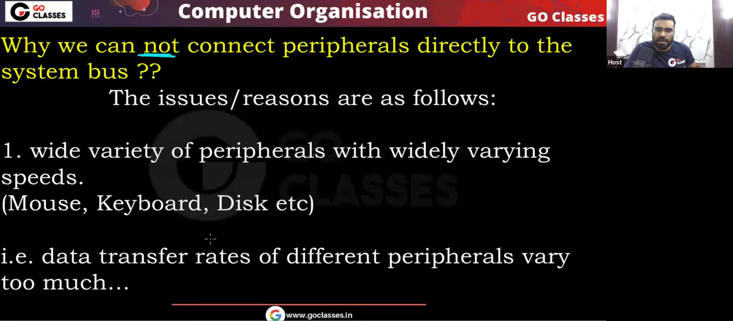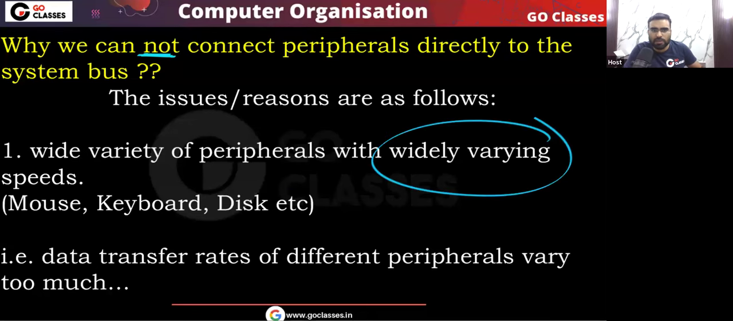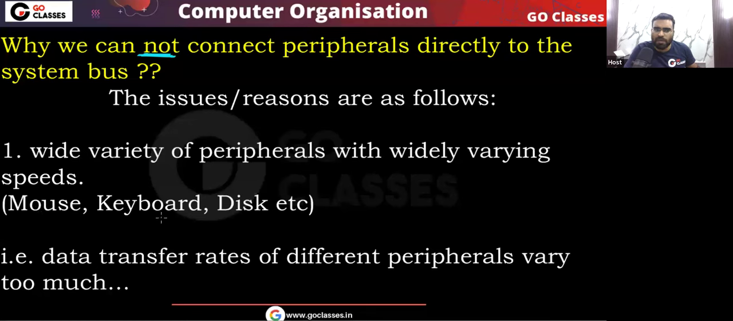What is the first reason? The first reason is there are many different varieties of peripherals, like mouse, keyboard, disk, printer, speaker, microphone. You can easily see there are many varieties of peripherals that we have, and they have different speeds. All of them have different speeds. For example, mouse and keyboard are very slow. Tell me, how many characters can you press in 1 second on the keyboard? When you are typing, how many buttons can you press in 1 second? Maybe 10 buttons if you are very fast. Still it is very slow,